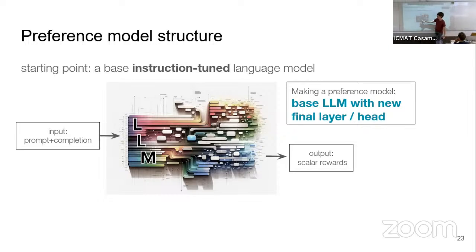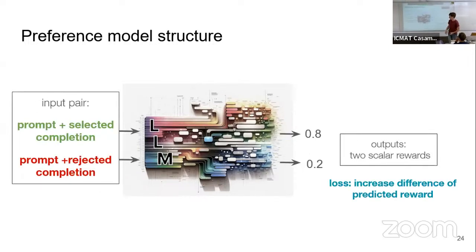So it has a lot of knowledge because of the pre-training, but we have to fine-tune the final layer to just output the scalar. We're going to see the problem with this in a moment. And this reward model is fixed during training. Once the reward model is learned, it's frozen, and then you train the other LLM.